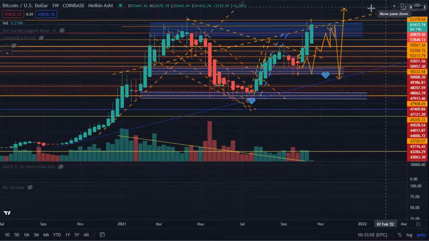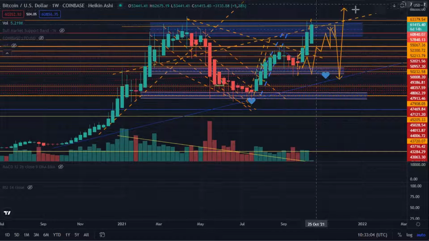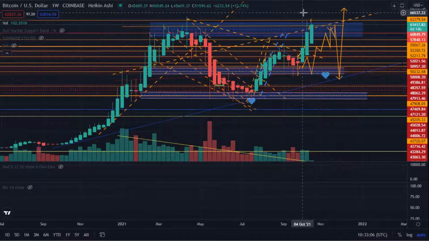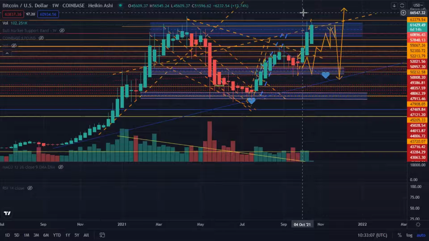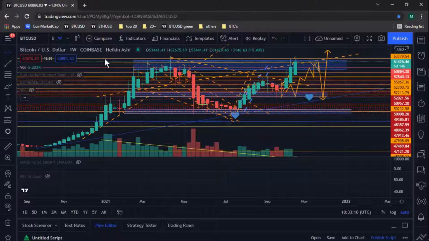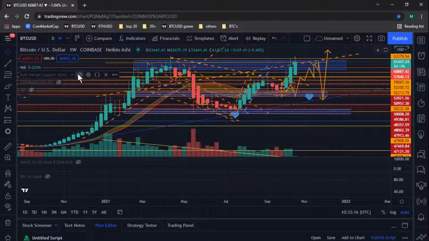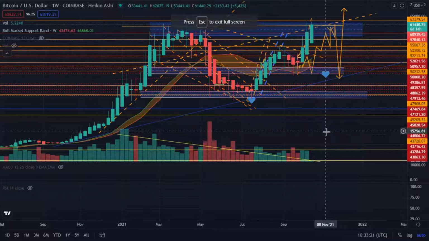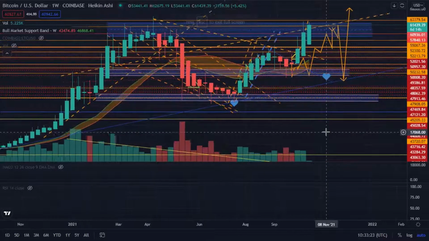Now, what I'm going to do is zoom out and look at the whole weekly average. I think I would like to look at that today. I haven't looked at it myself. Actually, we might look at the bull market support band because it's up, and then we'll go back and look at the whole in a minute. Now, here's our bull market support band, and it is behaving exactly as we would expect it to.